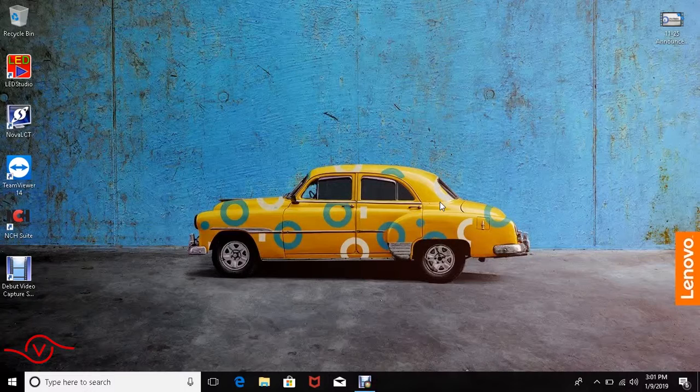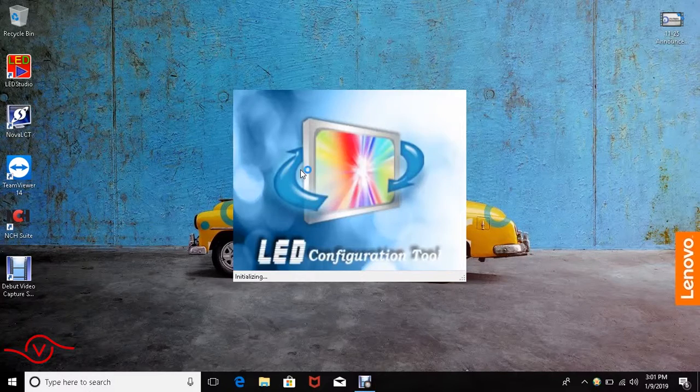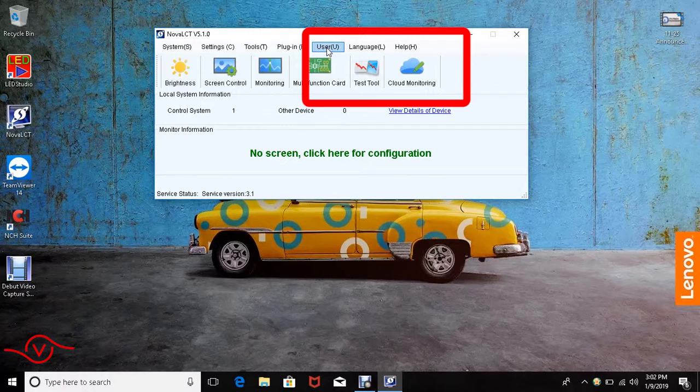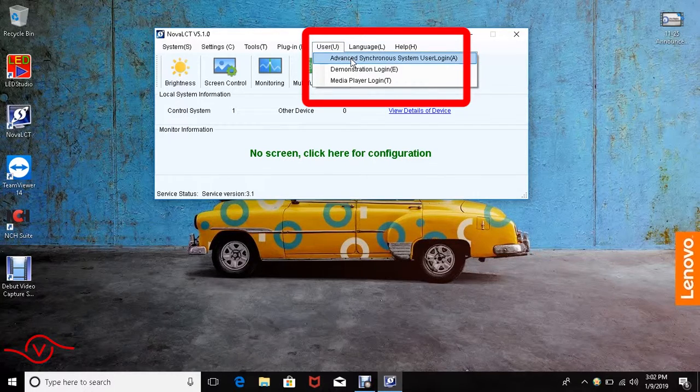Go over how to program a screen. First, you want to open up your Nova LCT software. Alright, now that your software is loaded, you want to select User, and then you select Advanced Synchronous System